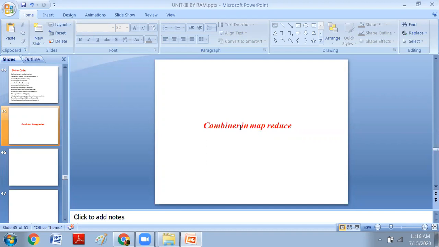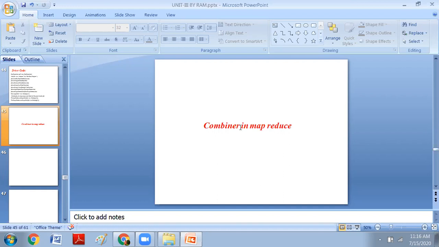Along with the mapper, reducer, and the driver, we have to see one more small topic, that is called the combiner. What is the role of this combiner in case of MapReduce? In our previous example, we have not seen this one. We have not included the combiner. Now we are including one more small topic into MapReduce, that is called the combiner.